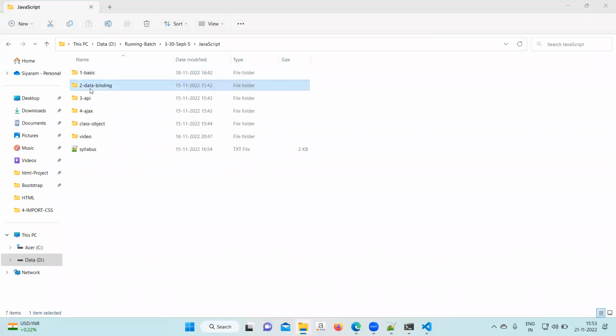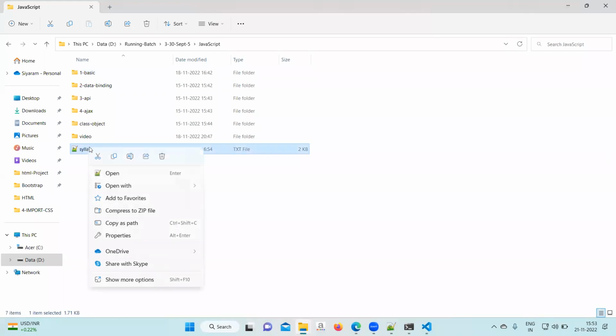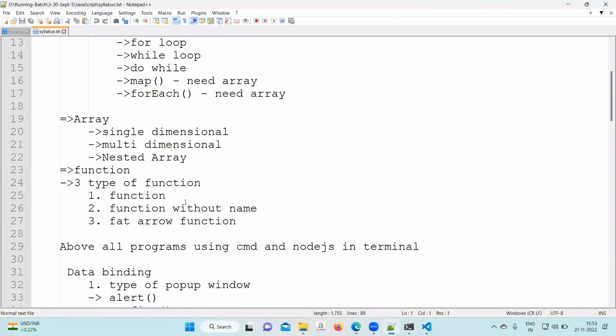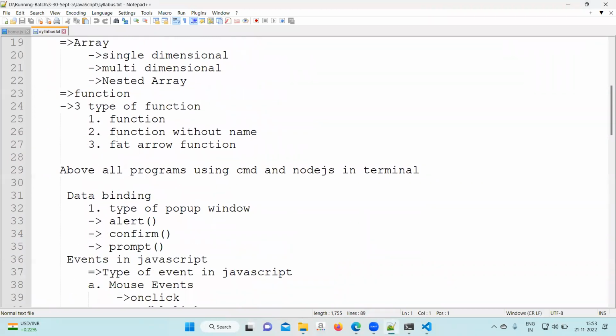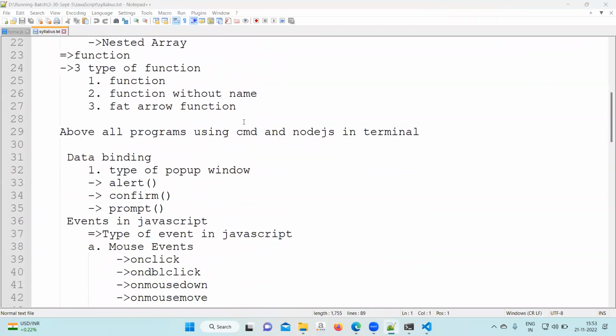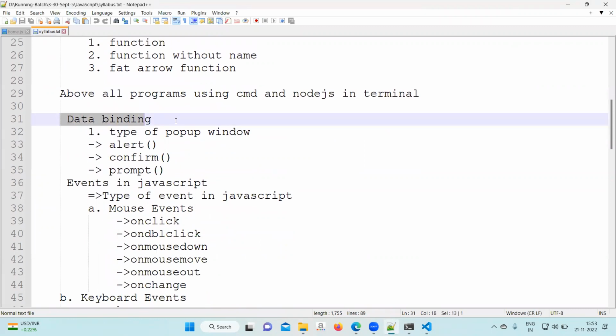That is called data binding. Open the syllabus. Just have a look into that first. We reached till here. Next, we need to work on this data binding part. Okay. In data binding, we have